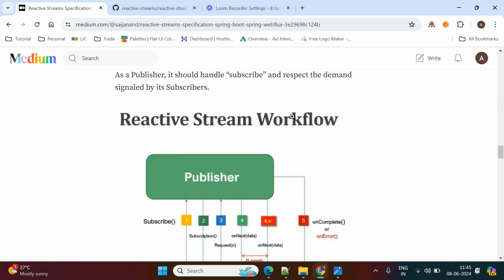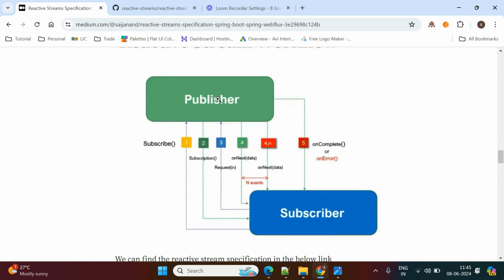So if you see the reactive stream workflow, here is the publisher, here is the subscriber. Whenever the subscriber wants to register with the publisher, he should call the subscribe method. Then he will confirm the registration with the subscription. After that, from the subscription, we have one more method, the request method. He is requesting the